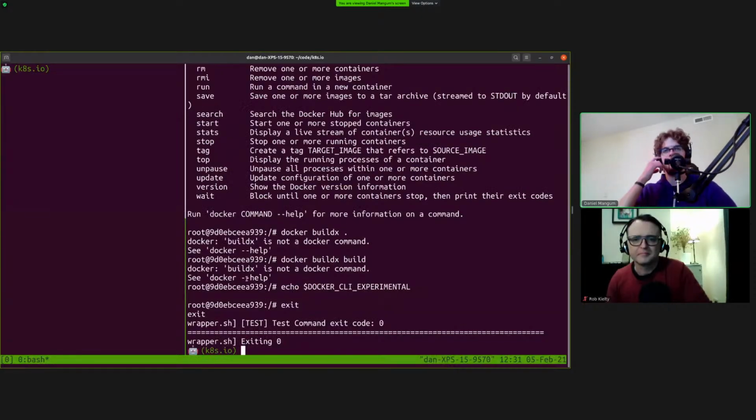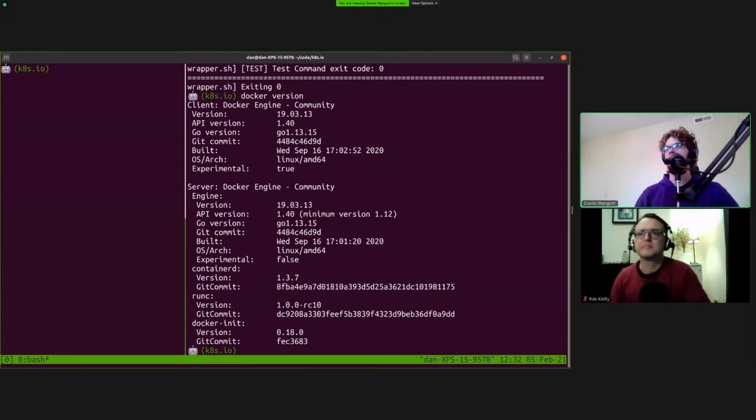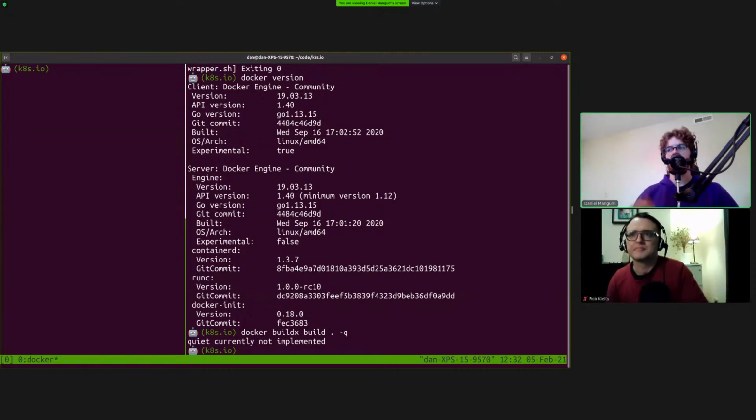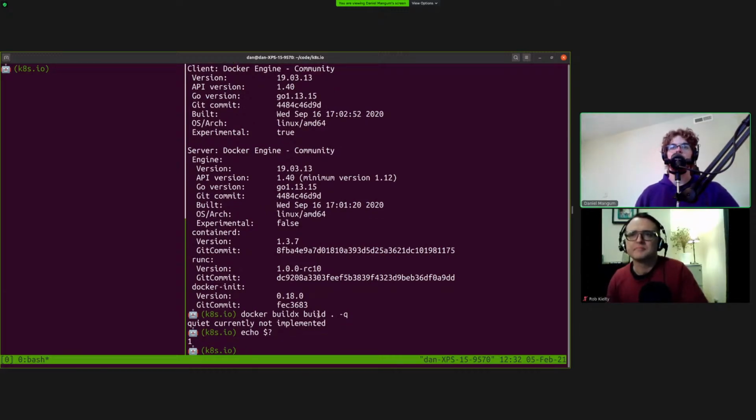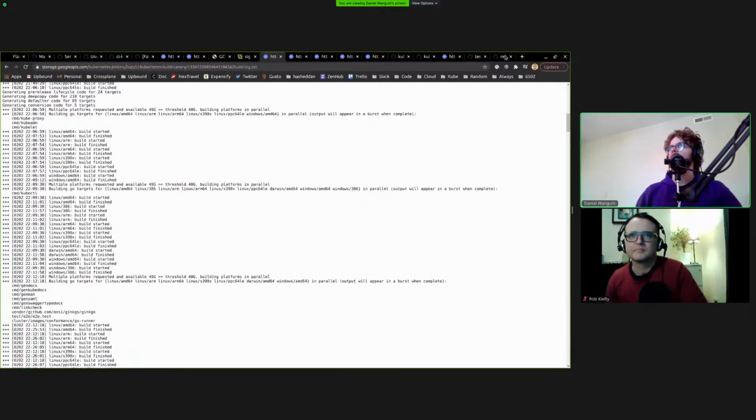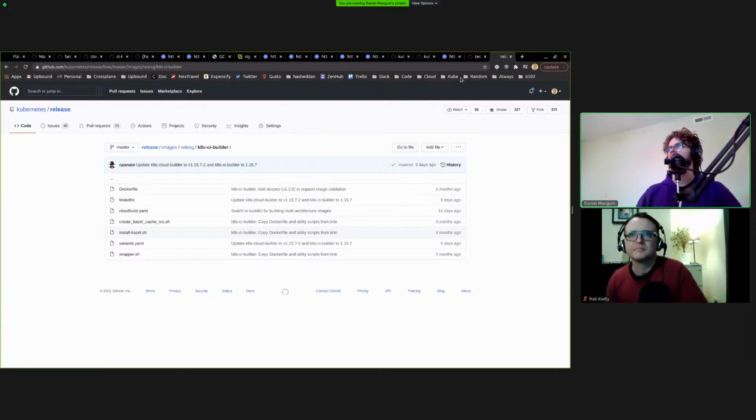Well, I ran this locally with my own Docker installed, which I believe is 19.03 probably, which a lot of folks are still using, and I also got the error. So let's just try that with Docker BuildX build. There's nothing actually here, but quiet currently not implemented, and you see it didn't even try to build. And if I look at what the output is, we get exit 1. So that is causing an issue because in our release script over here,